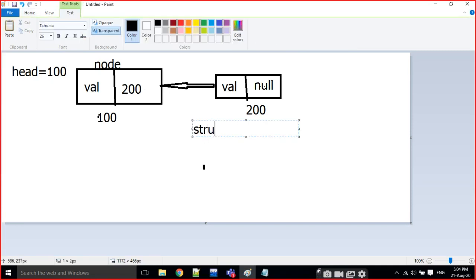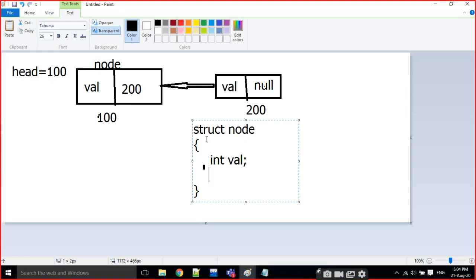That means I am going to create one structure. If it is C, I am going for a structure, and the name of the structure is node. One part is an integer, and the second one is the address of the next node.